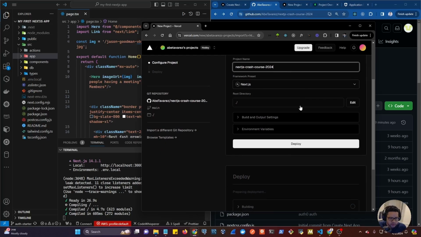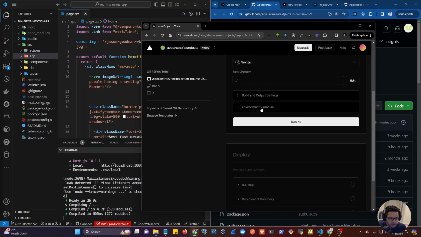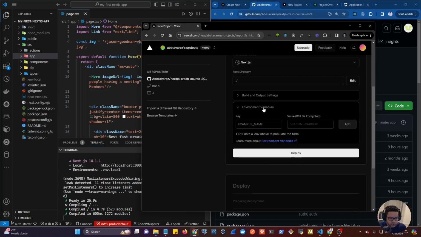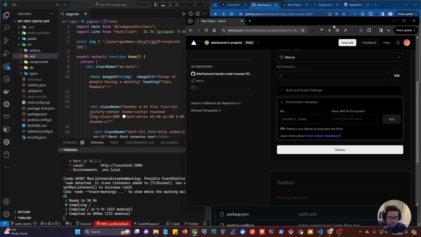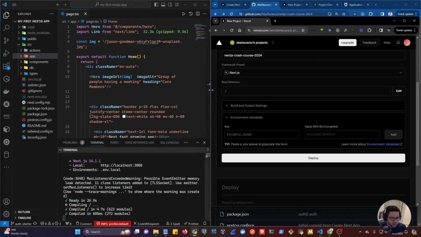We're using Next.js, the root directory path is fine. We can leave it like that. And then we're going to scroll a little bit down here. And where we have the environment variables, we need to add all the different environment variables that we have in the application. So if I make this a little bit smaller here,